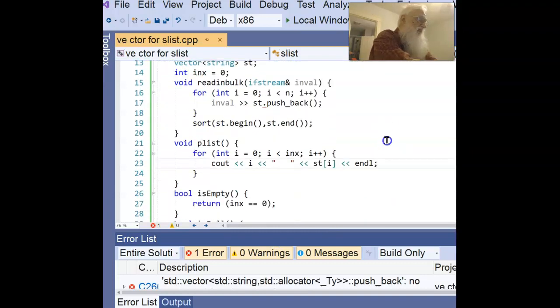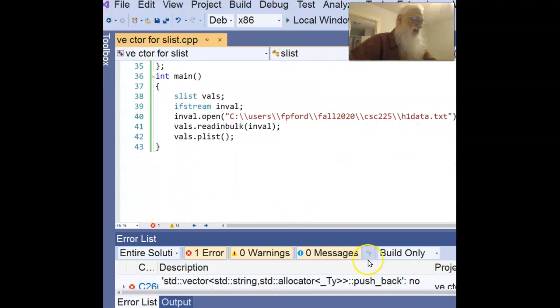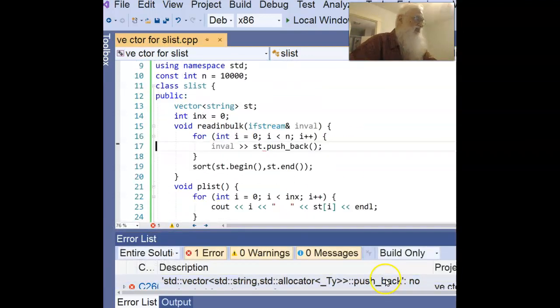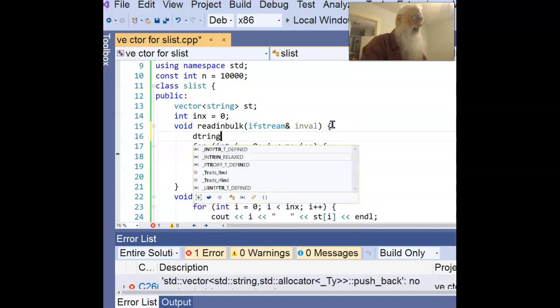It seems to say that's what I did wrong. Pushback, no such item for ST. Oh, I know that's wrong, pardon me. I have to have another variable. I have to have a string